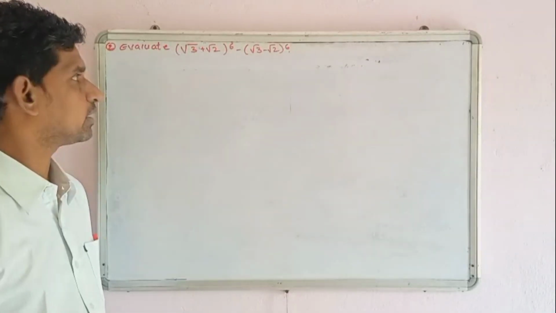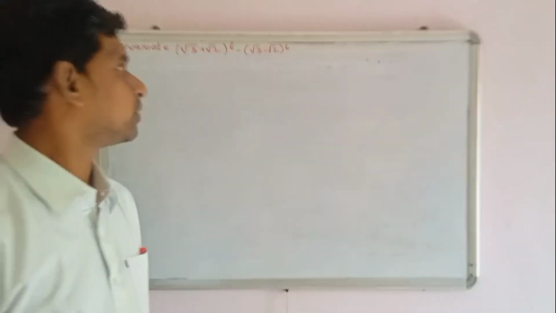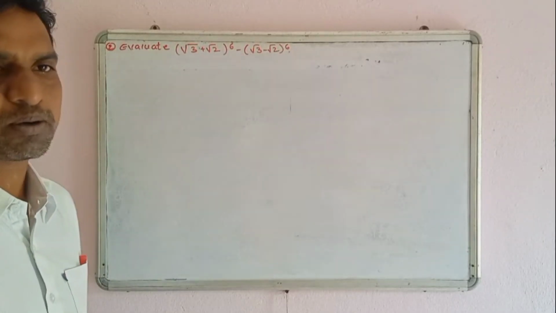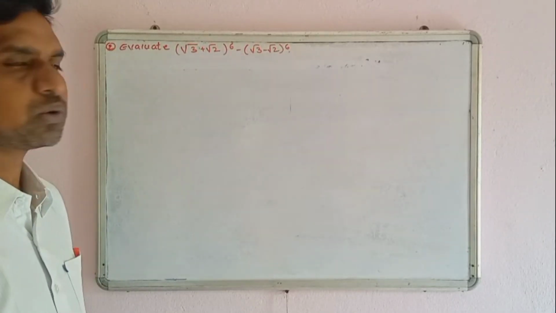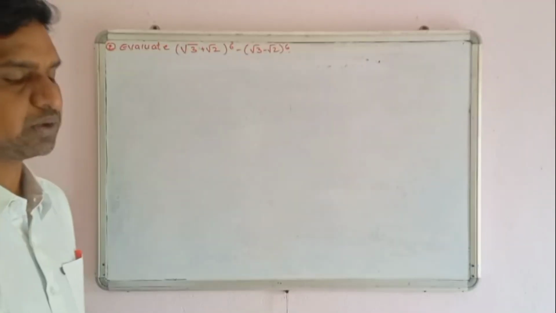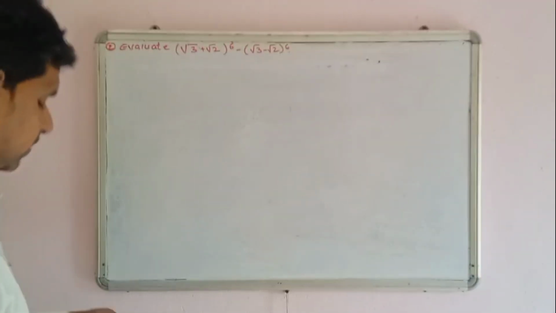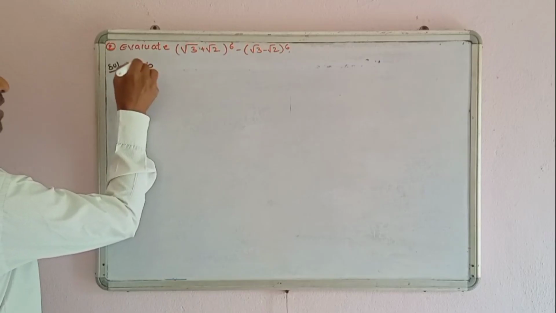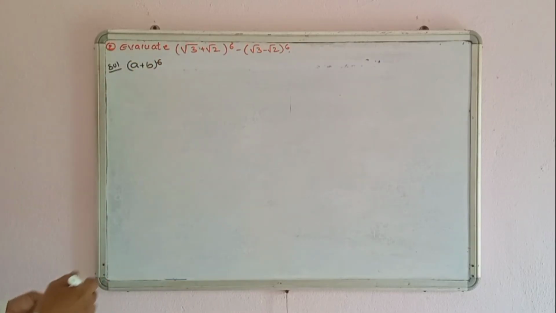Binomial Theorem, exercise 7.2, problem 2. Evaluate (root 3 plus root 2) whole power 6 minus (root 3 minus root 2) whole power 6. Okay, so first, expand the value of (a plus b) whole power 6. (a plus b) whole power 6 is